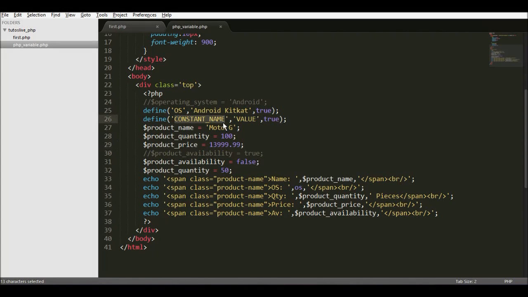is the name of the constant, which is the first parameter, and its value, whatever the value you want to assign to the constant name. And the third parameter is true. If I do not give true,